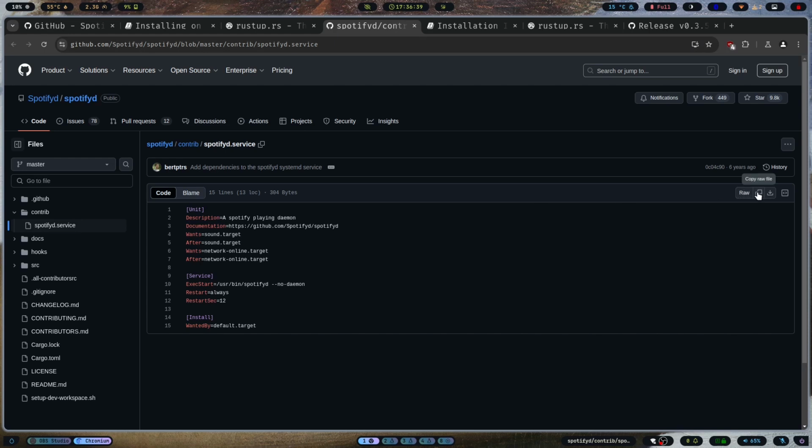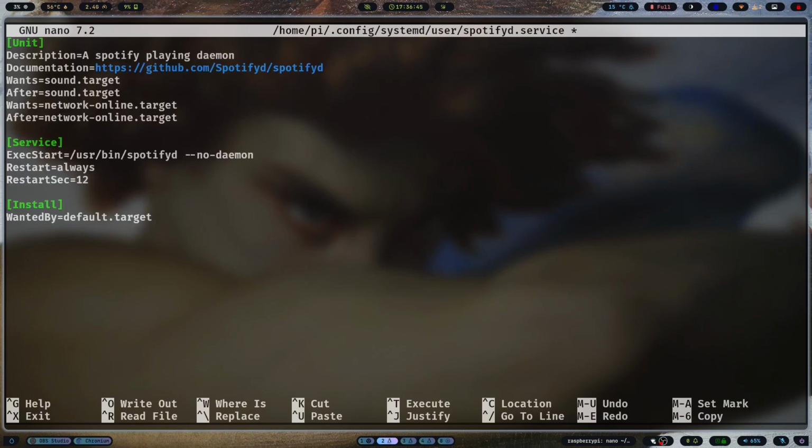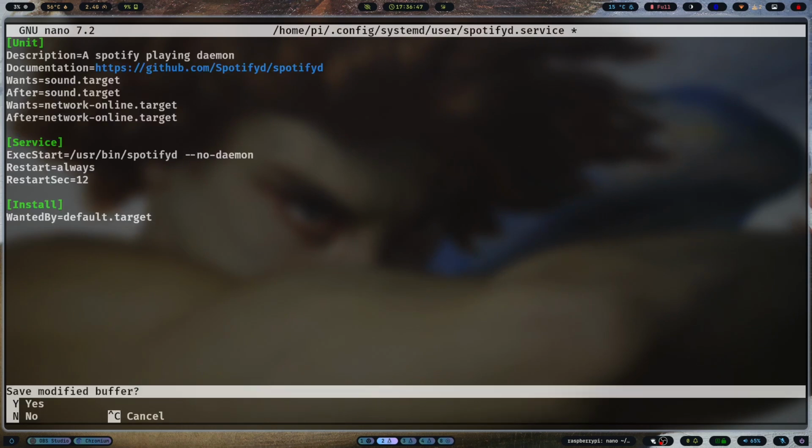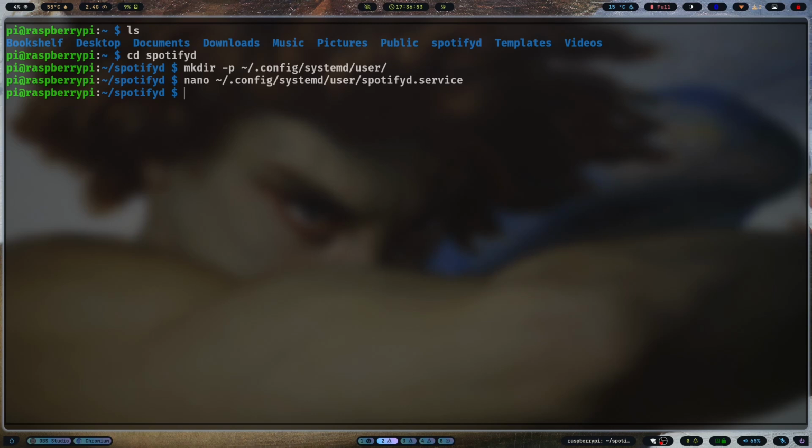Just copy it, copy the raw file, and place it in the spotifyd.service. Exit, write, and that's it. Now we need to configure the executable, and for that we are going to create another directory